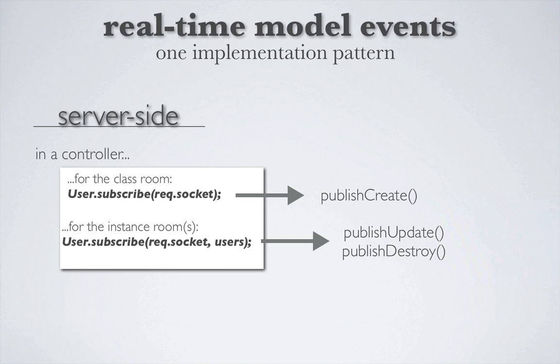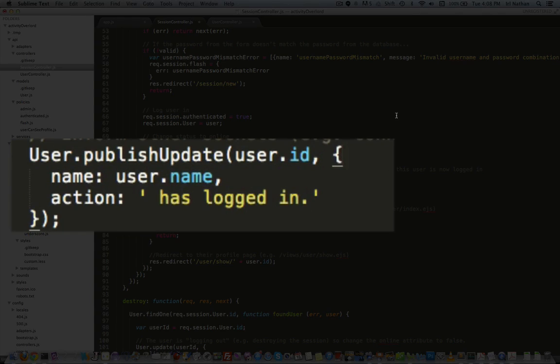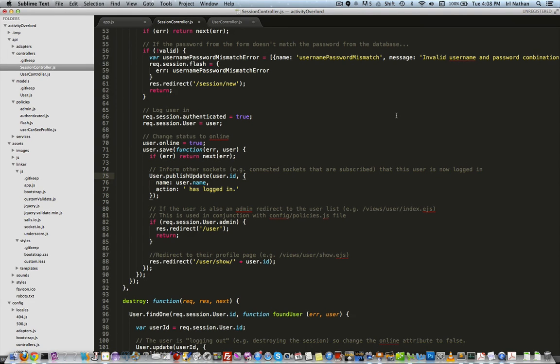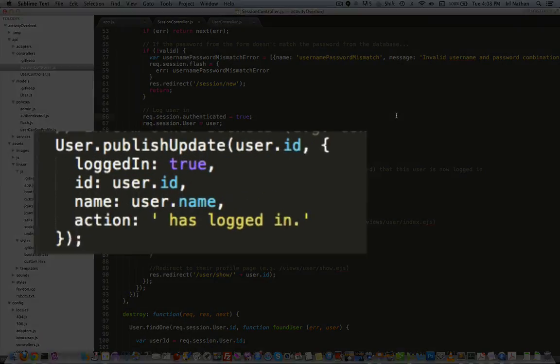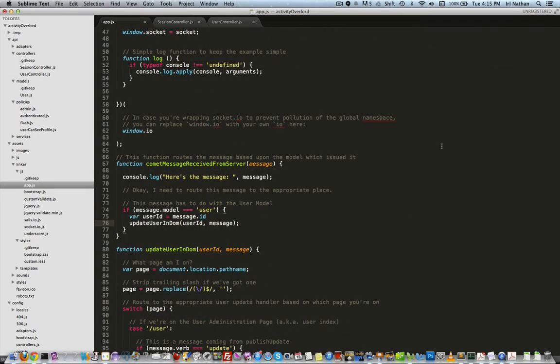First, let's look at when a user logs in. For that, we'll go into our session controller. We're already using publish update to let the socket know that someone is logged in. Now we can expand this object to pass the username and an action attribute with the value of has logged in. On the client side, I'm going to open up app.js and add to that method